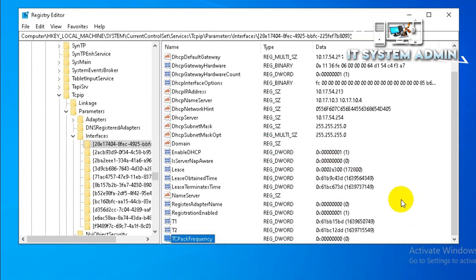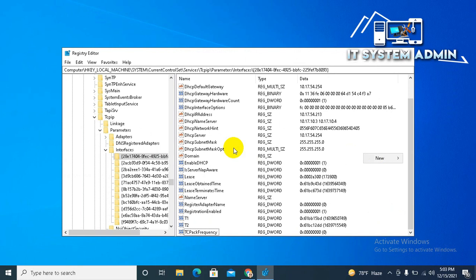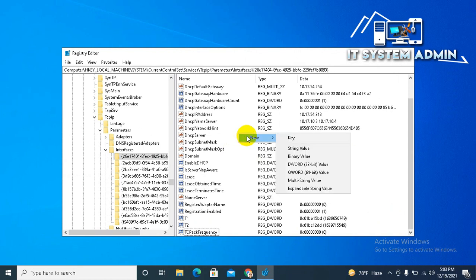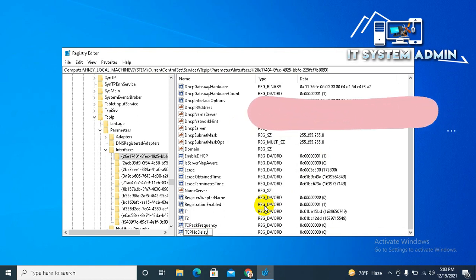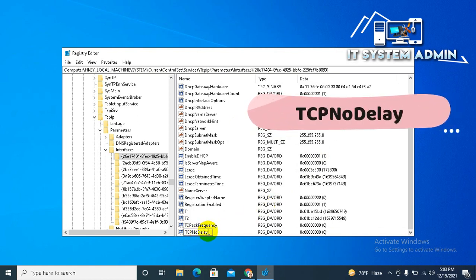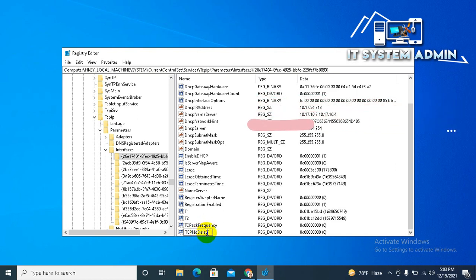Okay, now again right click on empty area, click on New, and then again DWORD 32-bit value, and the name will be TCPNoDelay, with uppercase T, C, P, N, O lowercase, then D uppercase, then elay lowercase.